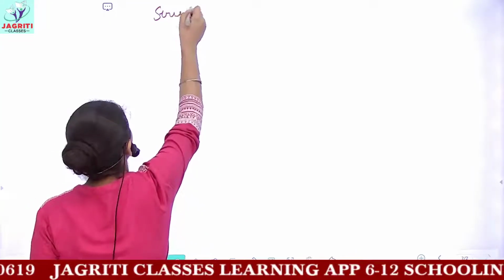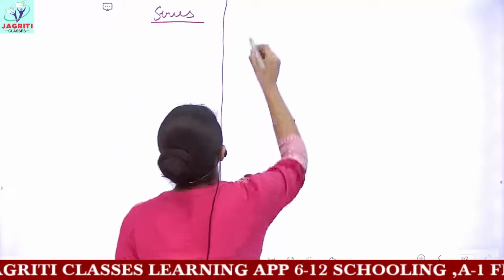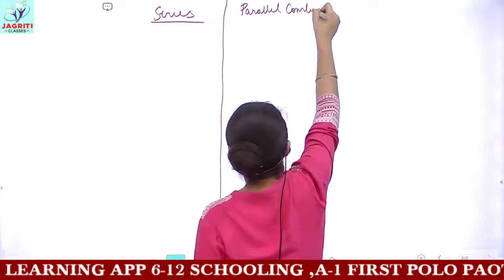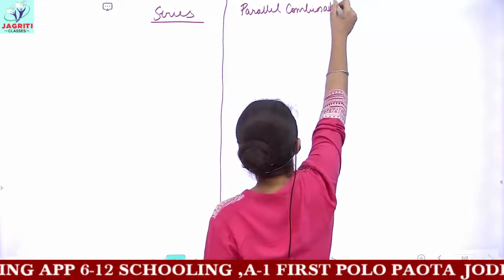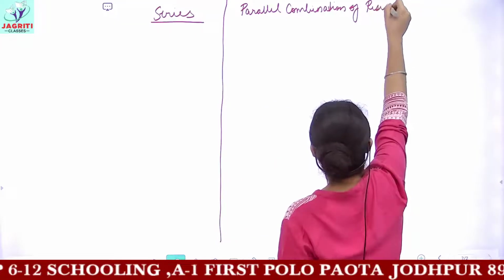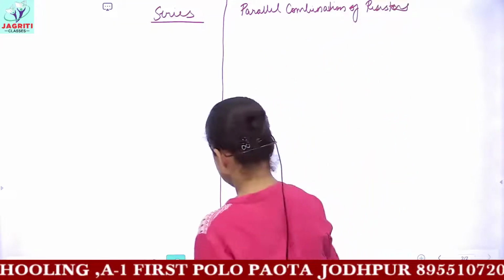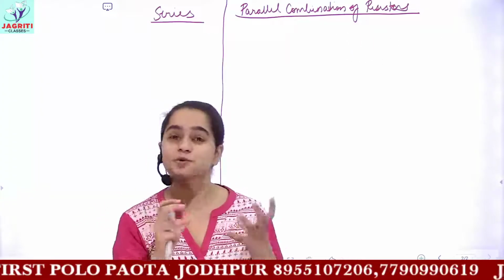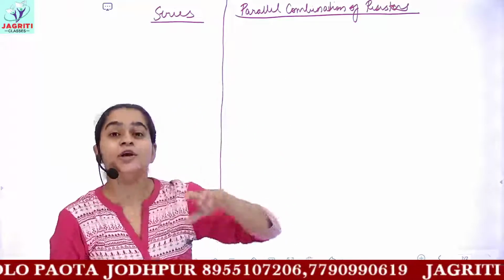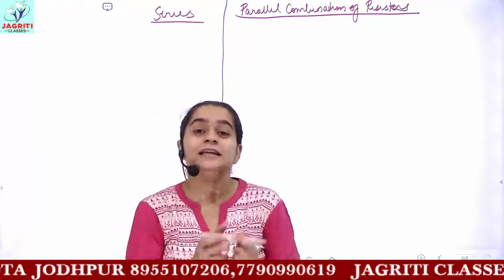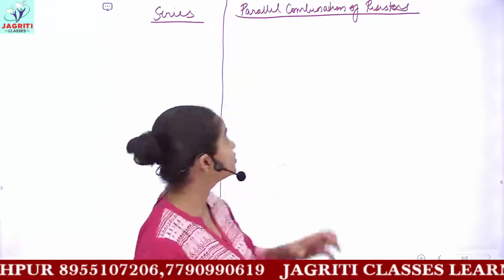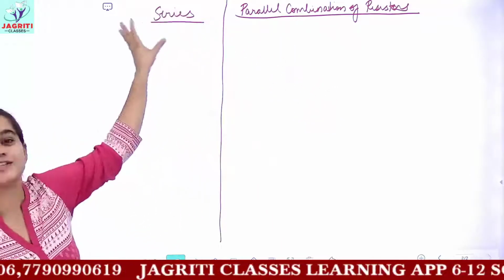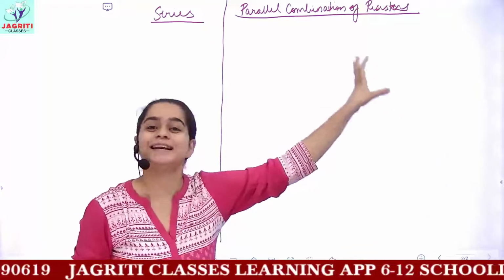So let's start. What do you mean by series combination of resistance, and what do you understand by the term parallel combination of resistors? You have these two terms, series and parallel combination, which we have to understand. When you have more than one resistor, how can you combine all these resistors? It is known as combination. So you have two methods of combination of resistors: one is your series combination, the next one is your parallel combination.